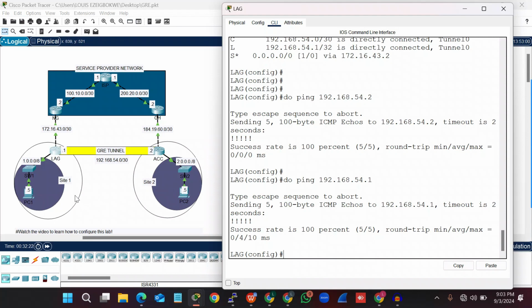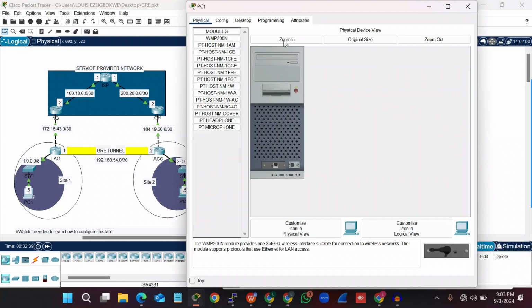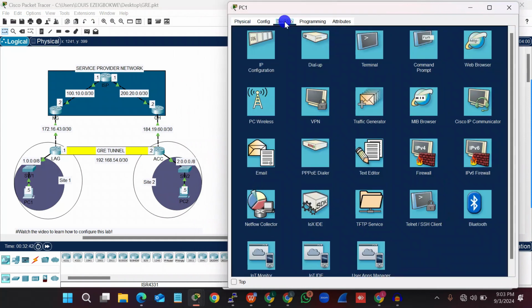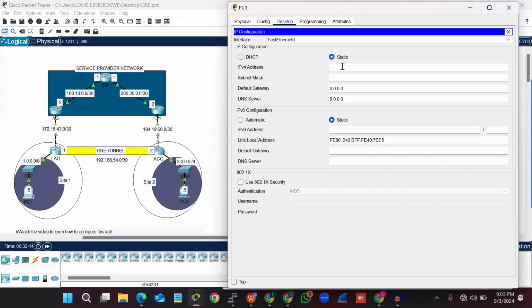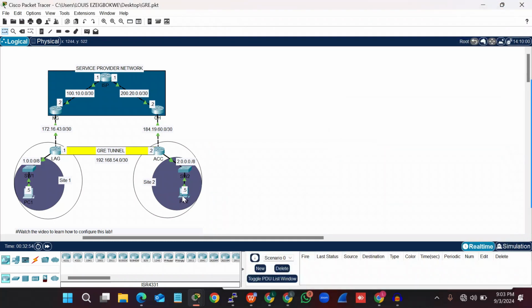And I think to ping between the devices, I could quickly configure RIP routing on both routers, so they could also allow our devices to ping, because at this point, if I try pinging from PC1 to PC2, it will fail, because all we only did was to create a tunnel. So let me assign a static IP to PC1, 1.0.0.5, 1.0.0.1